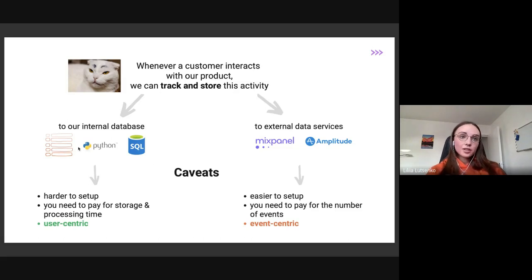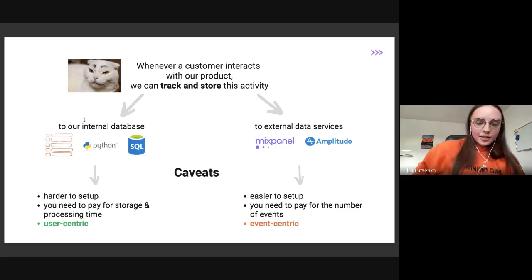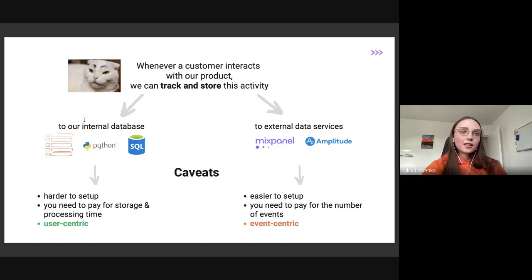But what can allow you to do analysis at a user level is internal services. Here you store all information based on IDs, and one of the dimensions is a user ID. So for every user, you can see, for example, how much they transacted, how many payments they made, and what core actions they did, if you store them in your internal database. This is user-centric, so storing data in an internal database allows you to do expanded analysis at the user level. However, this is good to start to understand how your product is used in general.